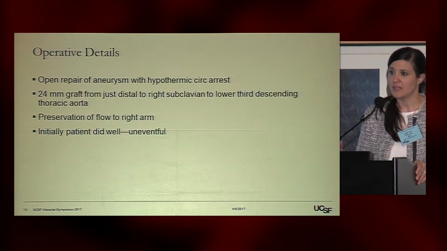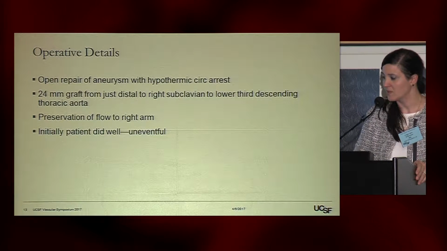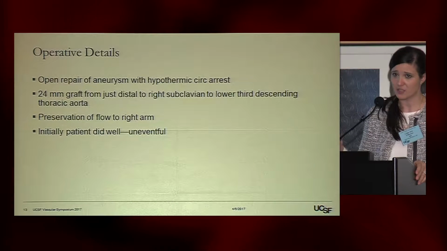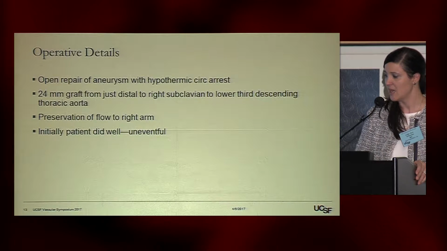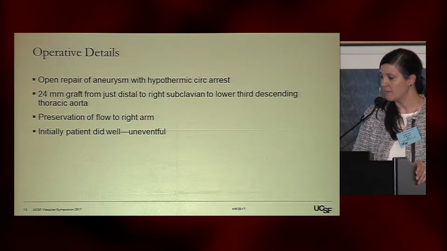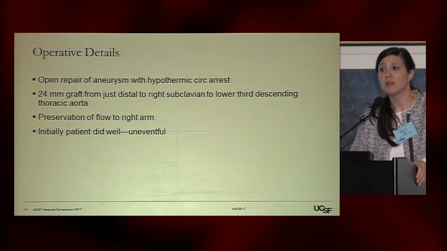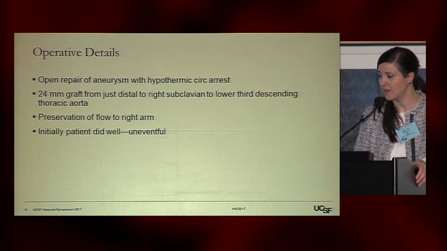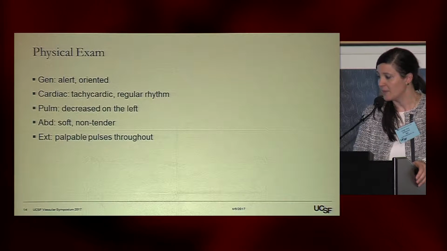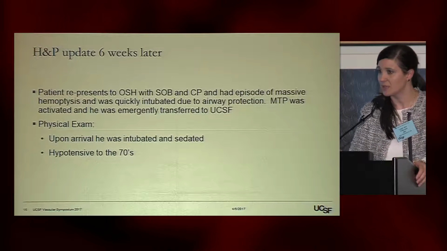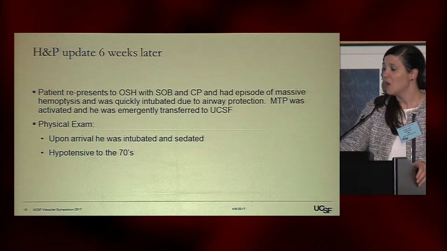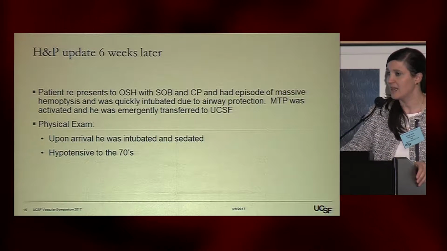He had an anomalous takeoff of his right subclavian with a Kommerell's diverticulum. The graft was actually sewn just distal to this, with preservation of flow to his right arm. He had initially done pretty well and was actually discharged from that outside hospital, and essentially presented to us 6 weeks later with shortness of breath, chest pain, and then he had an episode of